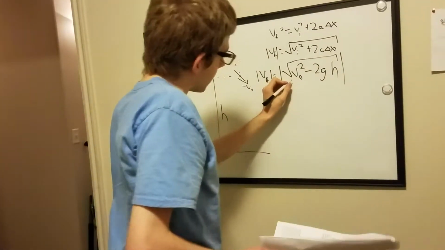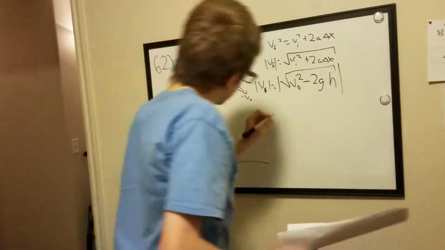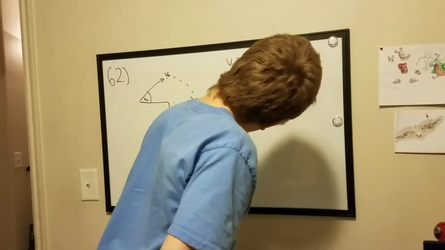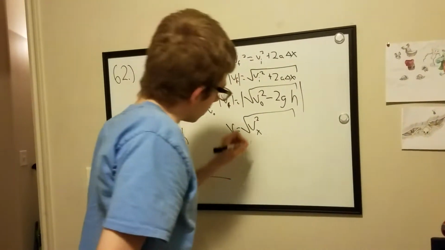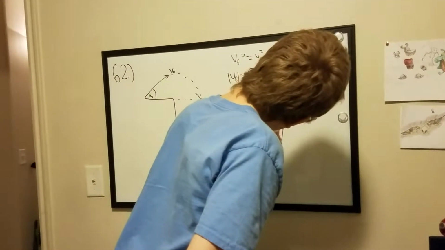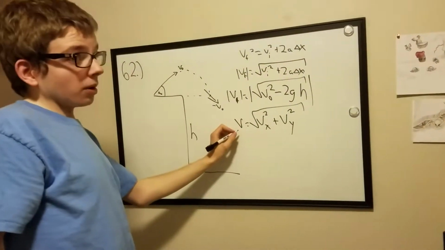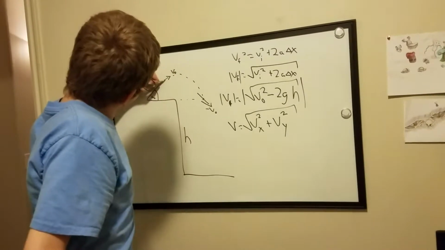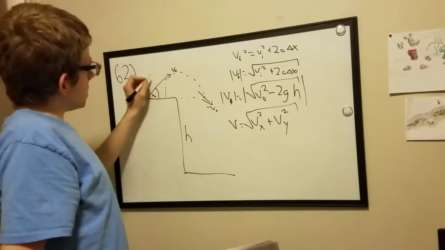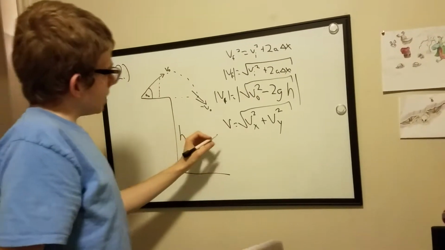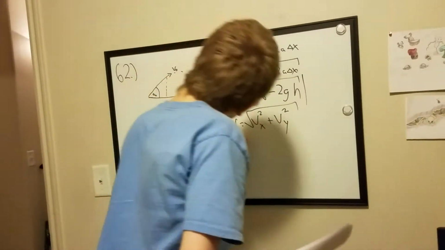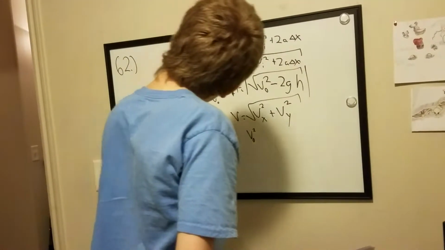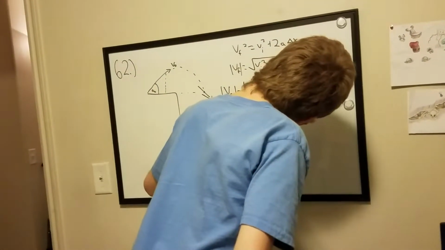So the equation to find the speed of something is the square root of the x component of the velocity squared plus the y component of the velocity squared. So if you look at the components of this, the x component will be, when looking at this triangle right here, equal to v naught squared times sine